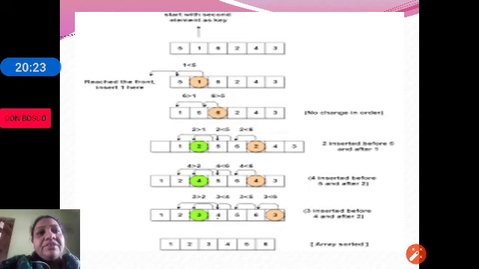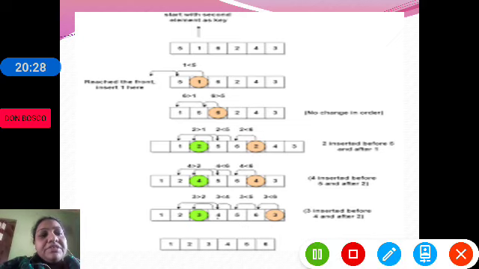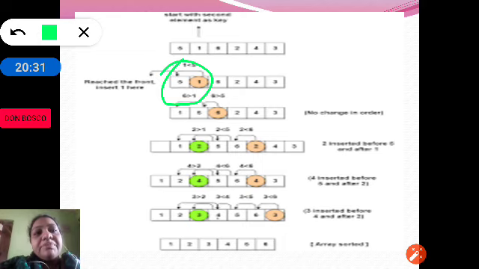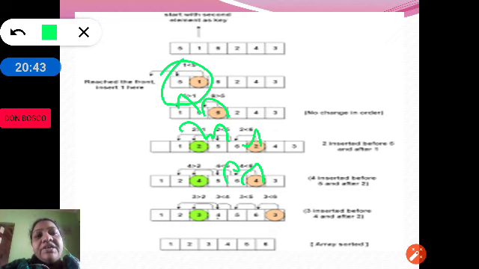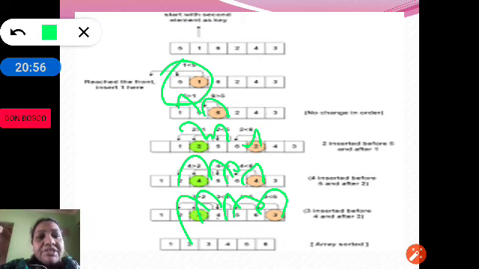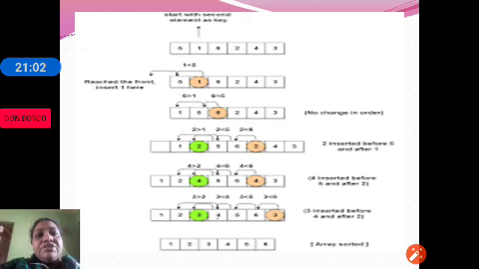Like you can see here in the example, in the first pass the comparison is between 1 and 0. In the second pass, 2 1 and 1 0. In the third pass, 3 2, 2 1 and 1 0. In the fourth pass, 4 3, 3 2, 2 1 and 1 0. In the fifth pass, 5 4, 4 3, 3 2, 2 1 and 1 0. Like this the comparison is done and the elements are exchanged to sort the given array. This method of sorting is called insertion sort method.